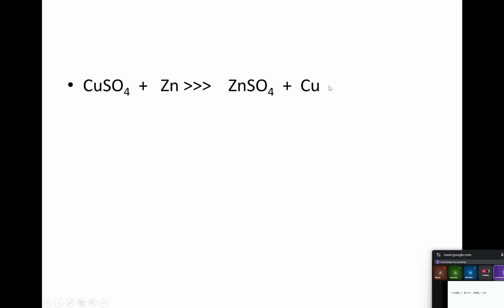So this is a single displacement reaction, okay? And this is the balanced equation for that. This is the chemical equation for a single displacement reaction. So when you have MgCl2 plus zinc, what do you expect? You expect no reaction. Why? Because it is not possible for zinc to displace magnesium,